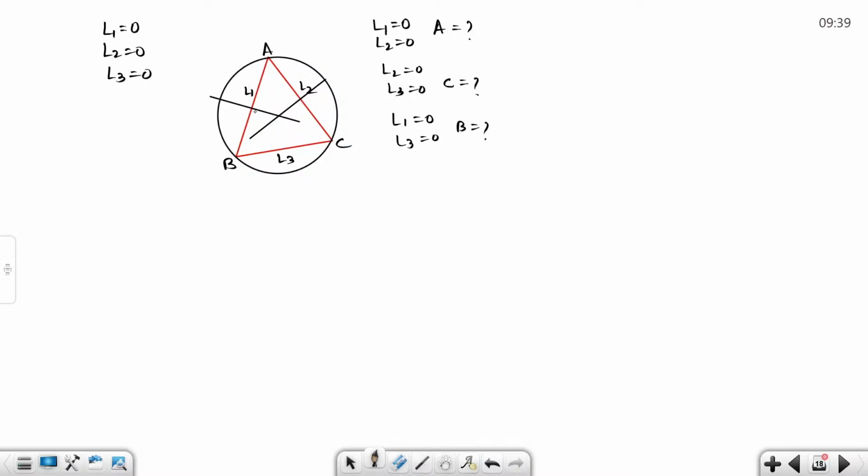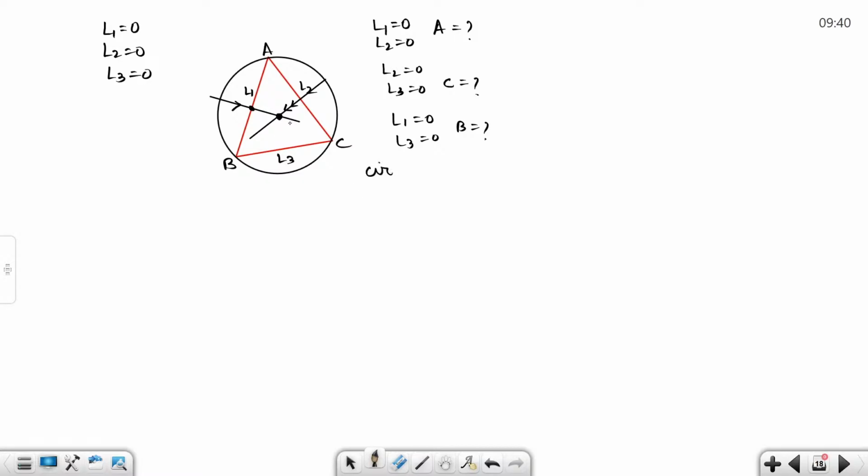Now, if I solve, we can find out its equation, right? We can find out the equation of the perpendicular bisector, because now we know the slope of line AB. We know what this point is, because this point is the midpoint of A and B. So we know the equation of the perpendicular bisector. Similarly, we know the equation of the perpendicular bisector of this side AC. Now, if I solve these two equations, we are going to get this point, which is nothing but your circumcenter,